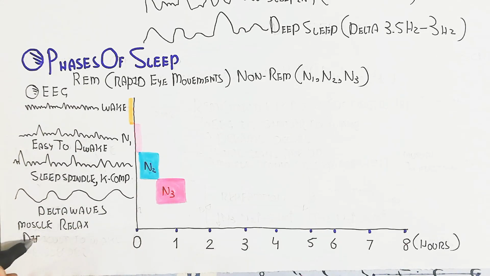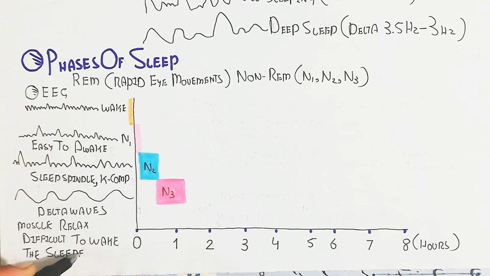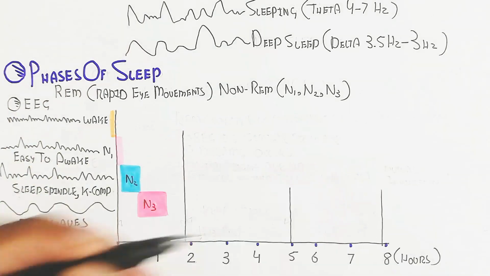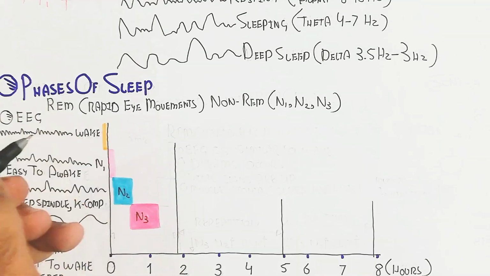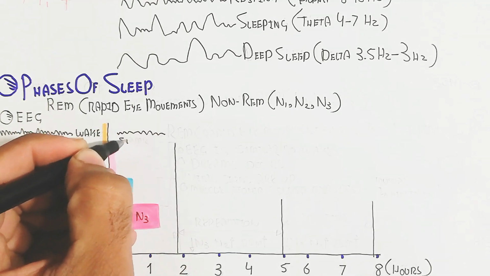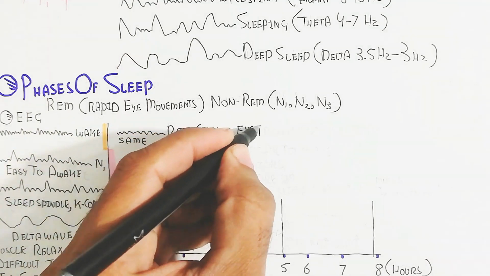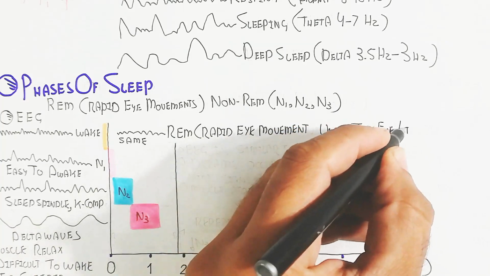In this way the frequency of the EEG of the brain will decrease more. After some duration, after 2 to 3 hours, it will enter N2 again, and then N1, and in this way the alternation will occur. That is why the maintenance, the breathing, and other things will be maintained.